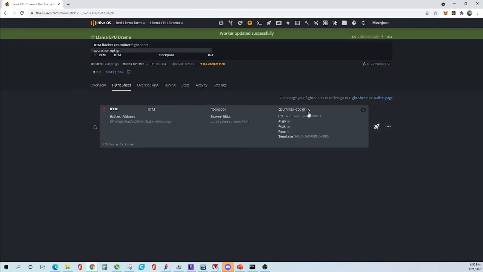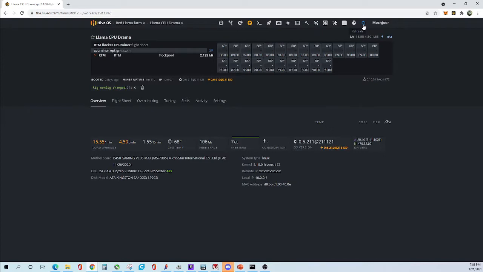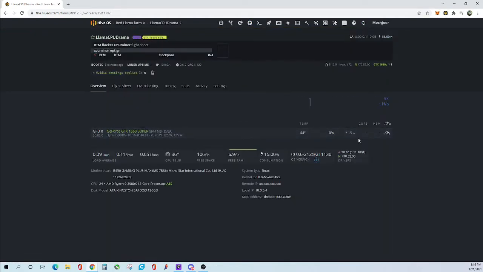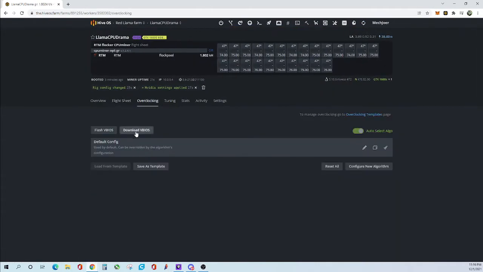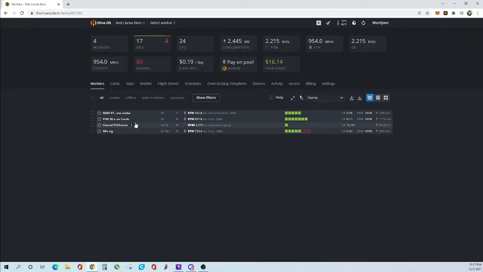This was my first time running this, and I did not do the overclocks as shown in the beginning part of this video. So you do see the temperatures on the CPU climbing pretty fast. This is what led me to do the overclocks on the CPU, because I was just not happy with the temperature. After the overclocks were set, I reran the flight sheet,